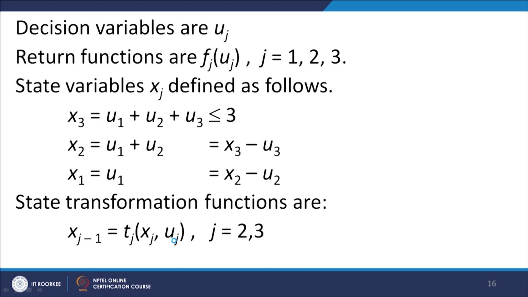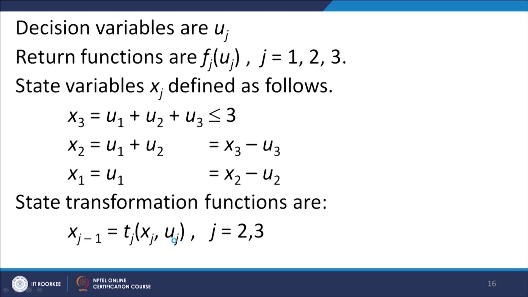Now, the decision variables are uj's and the return functions are fj(uj), where j goes from 1 up to 3. So, the state variables can be defined as follows. x3 is equal to u1 plus u2 plus u3, which is less than or equal to 3. Similarly, x2 is equal to u1 plus u2, which can be written in terms of x3 as x3 minus u3. Similarly, x1 is equal to u1, which can be written in terms of x2 and u2 as x2 minus u2,